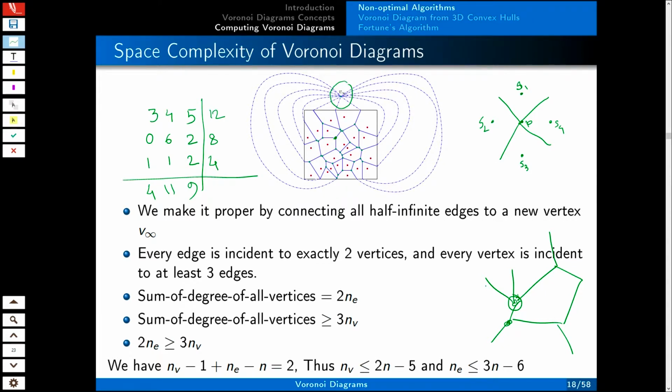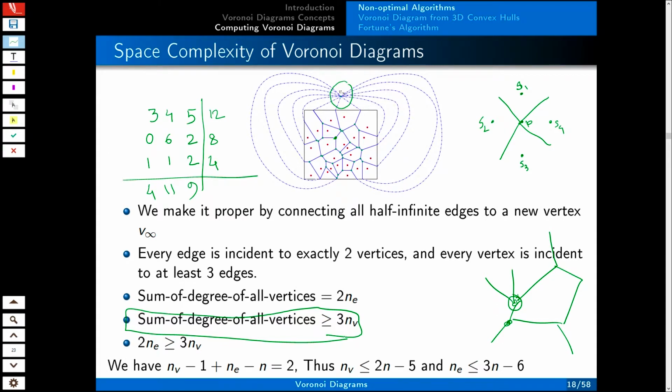Suppose our objective is to find the sum of the degrees. How to do that? First method, I can sum up all the degrees of each of the vertices. And if I do that, I will get a value. From that I get this, because each vertex contributes how much towards the degree? At least 3,